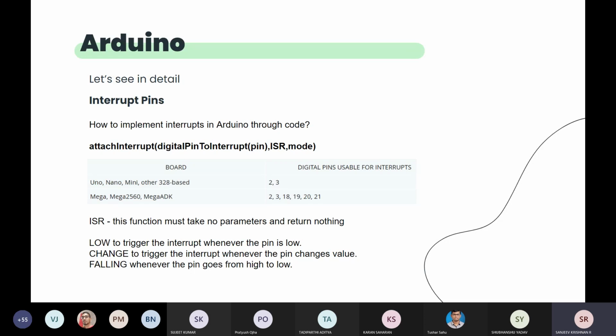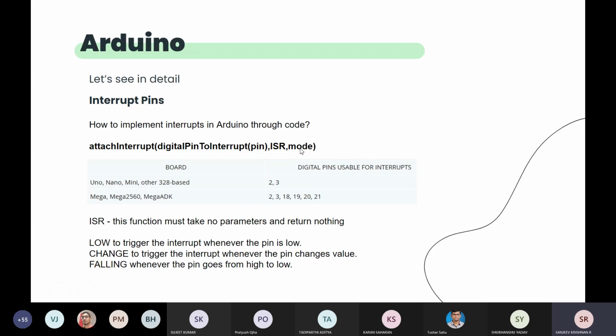If a change is happening in the state of the pin, the interrupt is triggered. Falling is when the pin goes from high to low. The voltage is falling down.